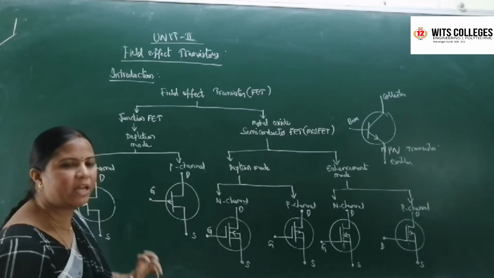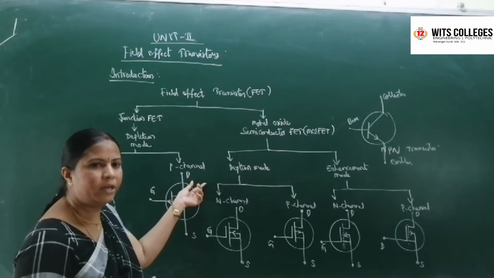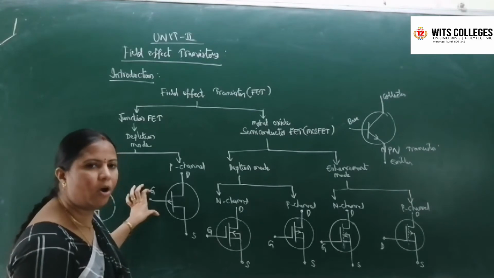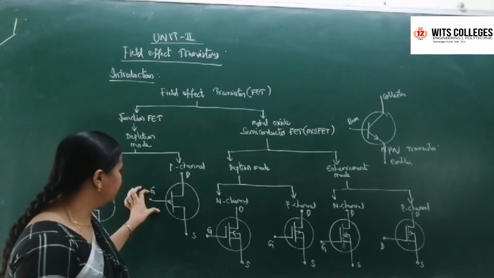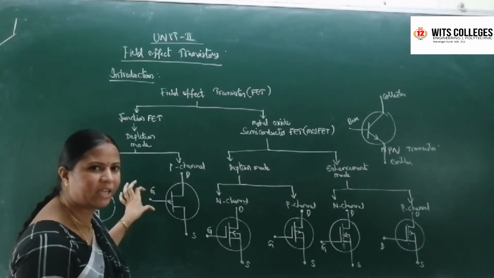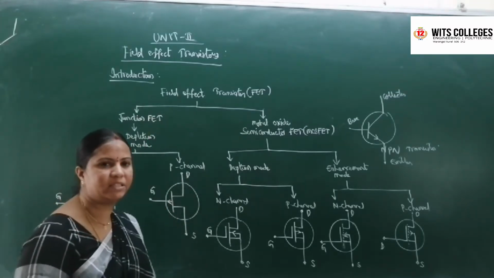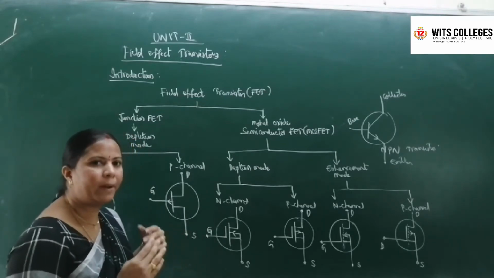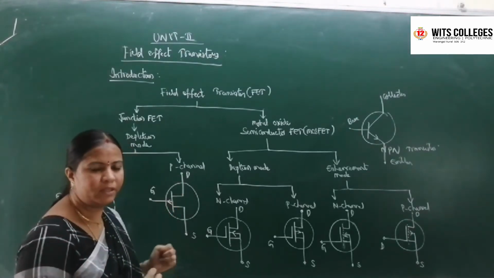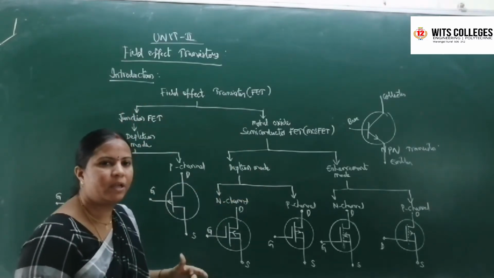Now, in the field effect transistor, the current flows from source to drain depending on the controlling electric field applied at the gate terminal. By controlling the voltage at the gate terminal, the current passes from source to drain. That's why we named it the field effect transistor. Field effect means that on applying an electric field at the gate terminal, current flows from source to drain. That is the drain current. Field effect means electric field.